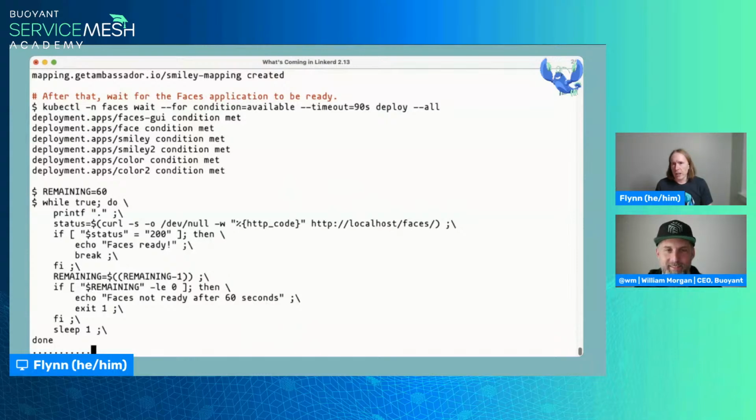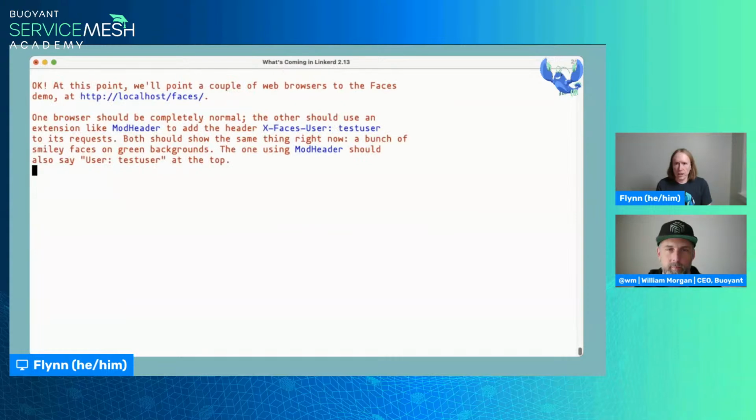One of the interesting things that happens here is that the condition Available on the deployments will say that everything is ready before we get to the point that it's happy to actually really talk back to us. So that's what I'm doing right now. But I'm going to call this good, and we're going to go on.